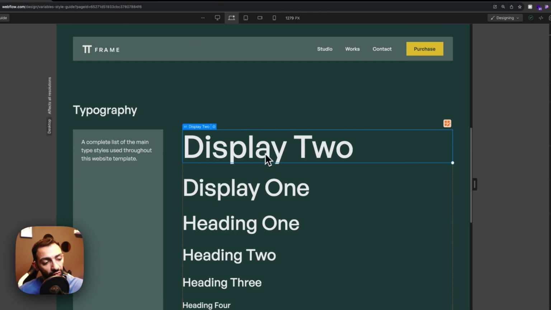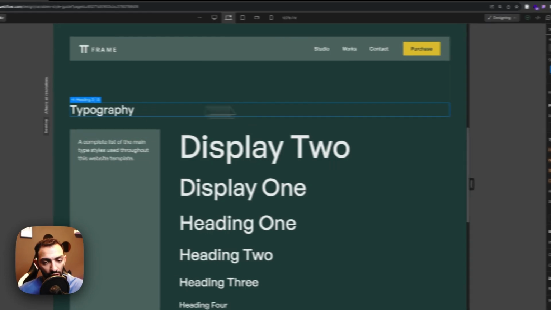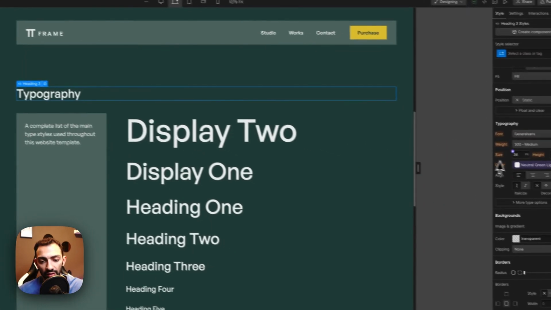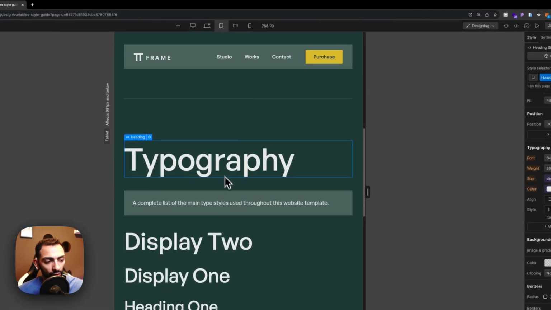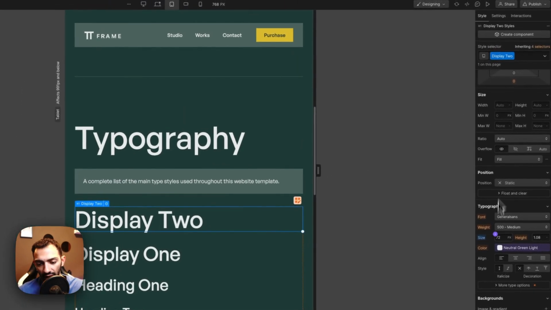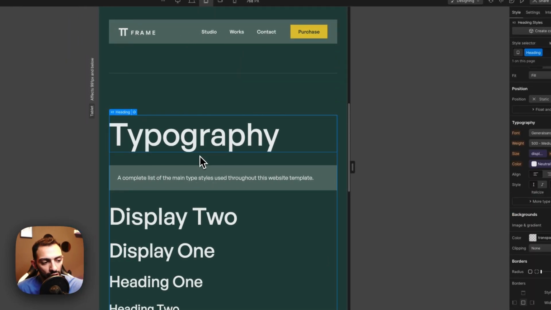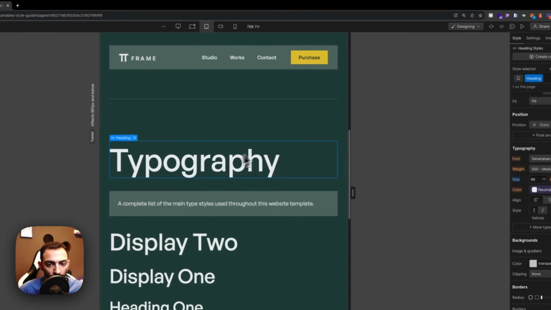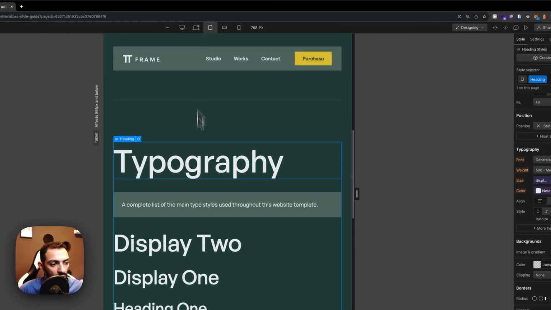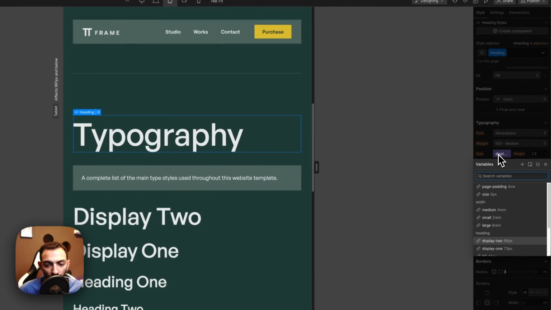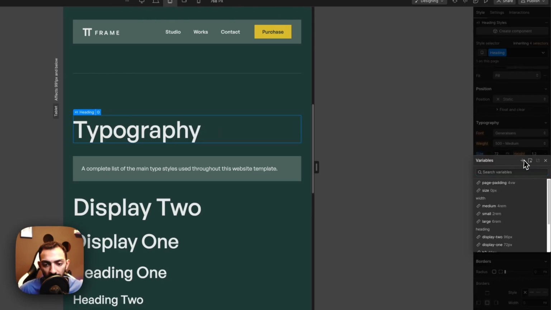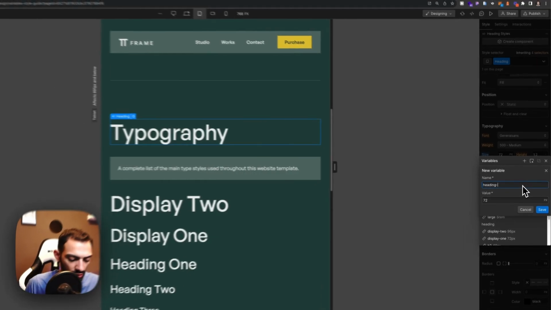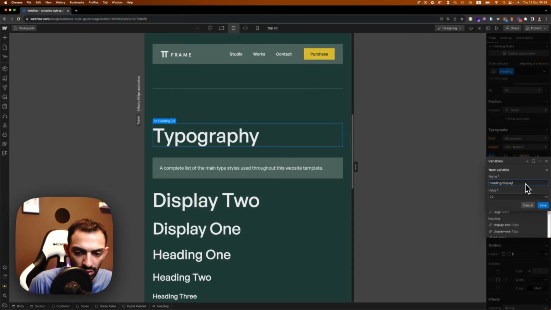So anyways, if you have a variable, let's say I want to change this typography title to variable, say display2, and in mobile I don't want this to be display2 because display2 already has a class and it changes sizes. So I want this to just go differently. So I can just go to that heading, I will just go to the size, and I will disconnect this. I will change the size to 72,